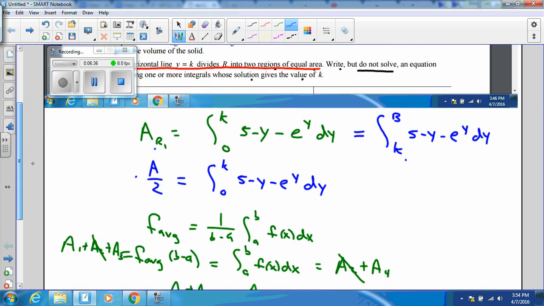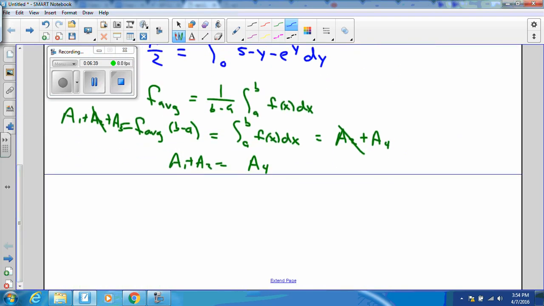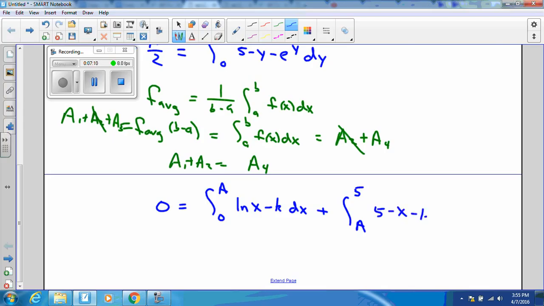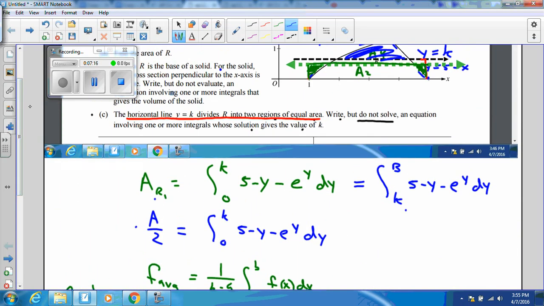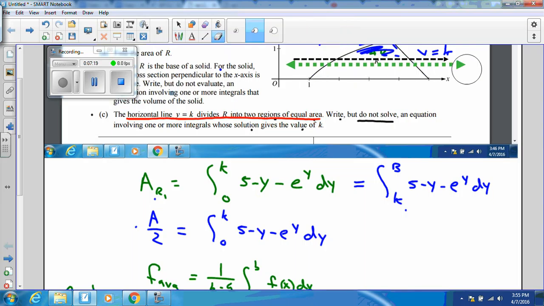So that didn't work. I had some other people try to do an integral kind of like this. They had, let's see, 0 equals the integral from 0 to a of ln x minus k dx plus the integral from a to 5 of 5 minus x minus k dx. And unfortunately, this approach right here also fails to compute the right thing,